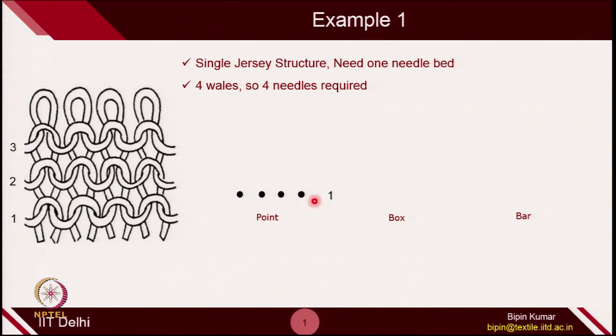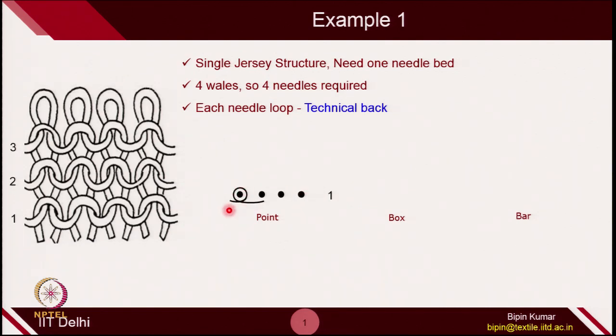If, let us suppose, it has 50 needles, you can place 50 dots in a series to represent 50 needles. At present you have 4 columns, so you are representing 4 needles. After that you can see each needle loop is making technical back, especially in this particular course, all loops are technical back. So, in each of these needles we have to represent technical back loops. This is how you represent technical back. If you remember the symbol, you can go back and see the table where technical back is represented in point form in this fashion.